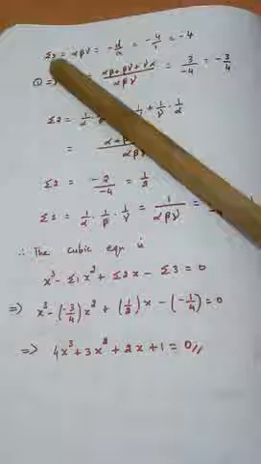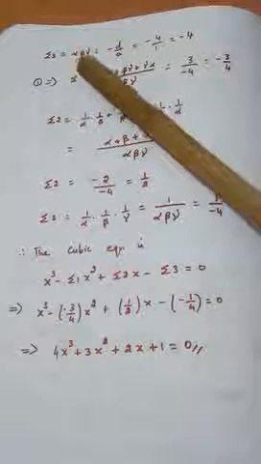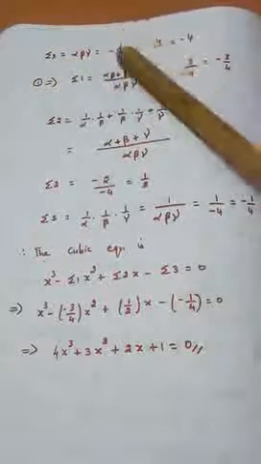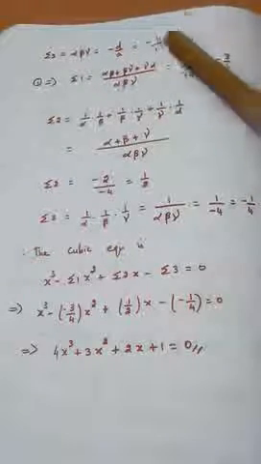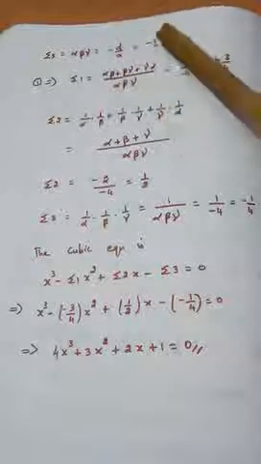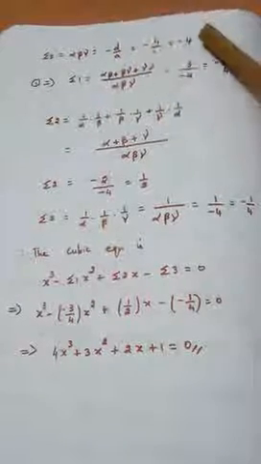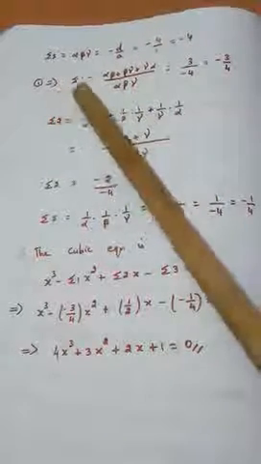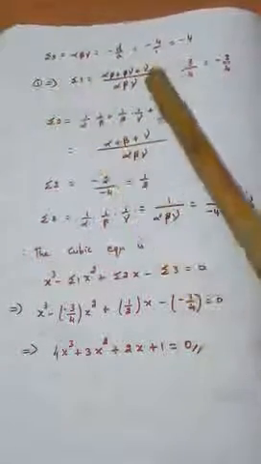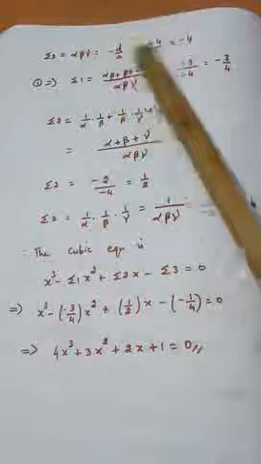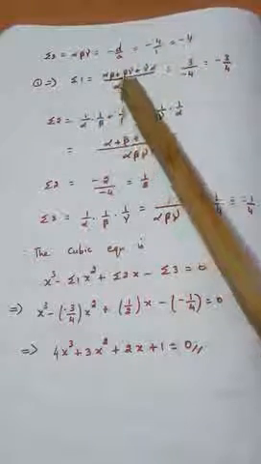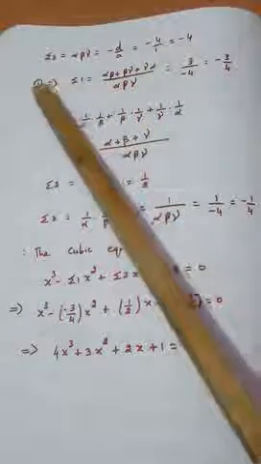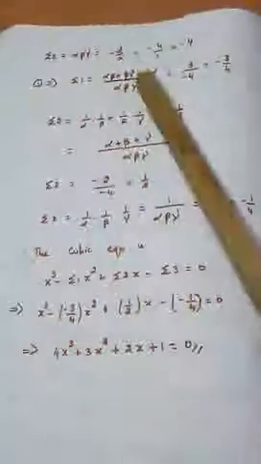Now I am going to calculate sigma 3, which is nothing but alpha, beta, gamma, taking all the three at a time. The formula is minus d by a. See the equation, d value is 4, a value is 1, so minus 4 by 1 is minus 4. Now I told, the first line we have calculated as sigma 1, that is what I have written here: alpha beta plus beta gamma plus gamma alpha by alpha beta gamma. Where does this come from? The first line. We have taken that as equation number 1. So that first equation gives this.